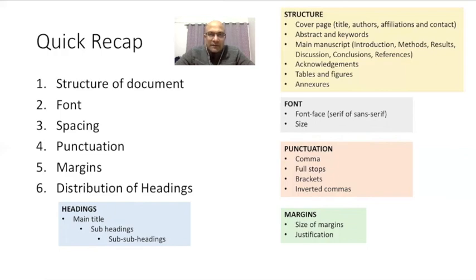We use a specific font for all the main headings, the same font for all the subheadings, and the same for the sub-subheadings, so that when a reader looks at the manuscript, he's easily able to understand which are the main headings and which are the subheadings, which gives them an idea of where they are in the manuscript.